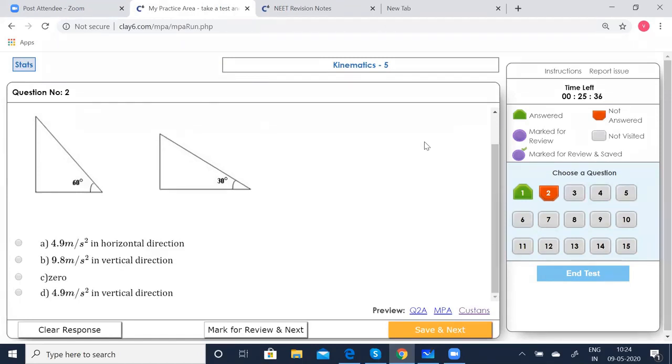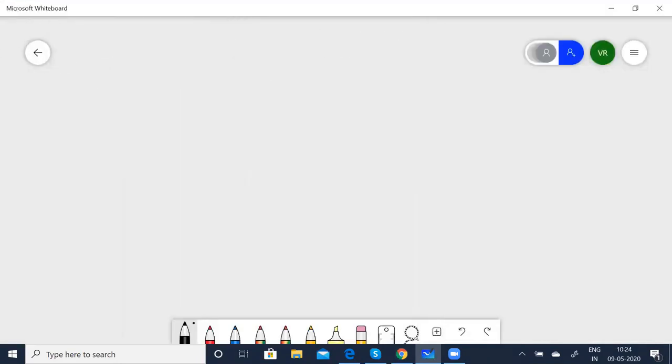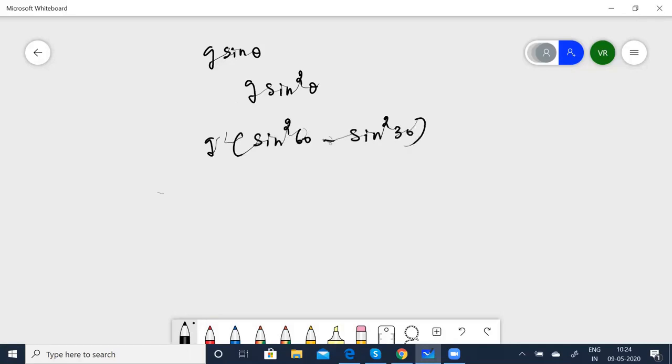Okay. Let me clear this. Now let a be the acceleration along the inclined plane, which is g sin theta. Let the vertical component of acceleration be g sin squared theta. Okay. Therefore, the relative acceleration of A with respect to B is g times sin squared 60 minus sin squared 30. You can simply substitute the values, simplify, and see that it is going to be g into,